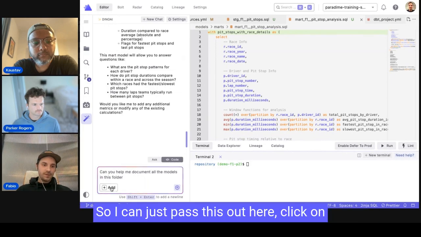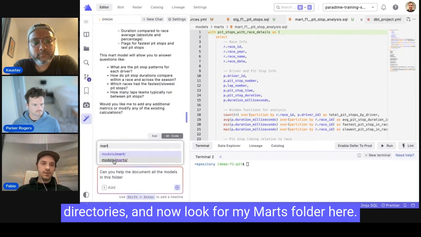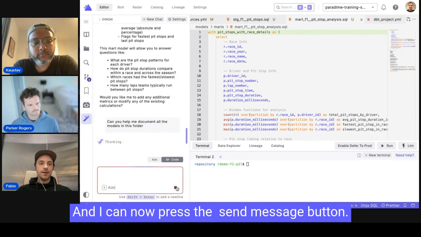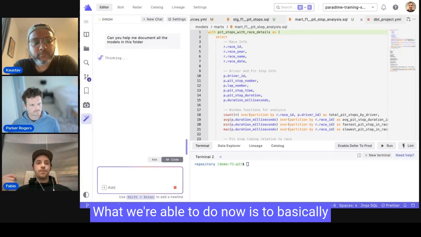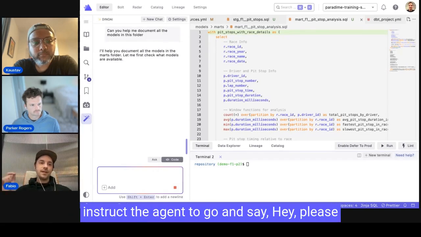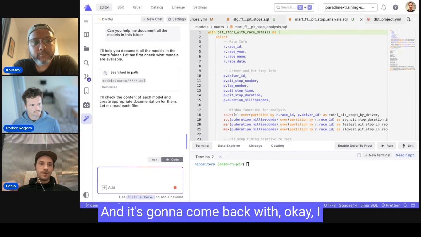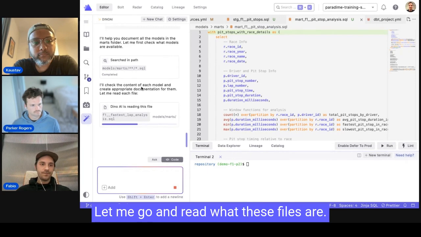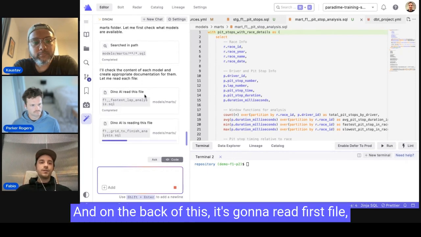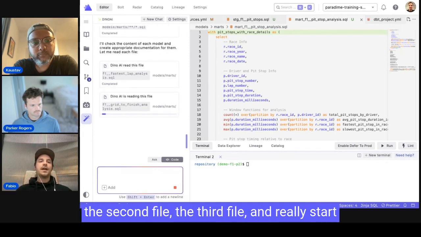So I can just press add here, click on directories, and now look for my Marts folder here. And I can now press the send message button. What we're able to do now is to basically instruct the agent to go and check for me which files are here first. And it's going to come back with, okay, I can see that there are a bunch of files. Let me go and read what these files are. Okay. And on the back of this, it's going to read the first file, the second file, the third file,